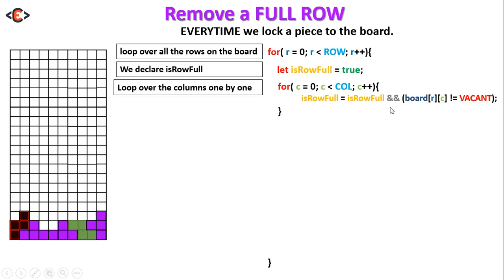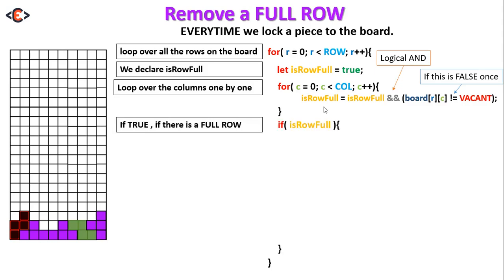When we check the first column, if that square is not vacant, this will become true, and true and true is true. If we go again to the next one, and this is true, then this is true, and this remains true. But if this is false just once, and we have here a logical and, the row is not full. Now if the row is full,